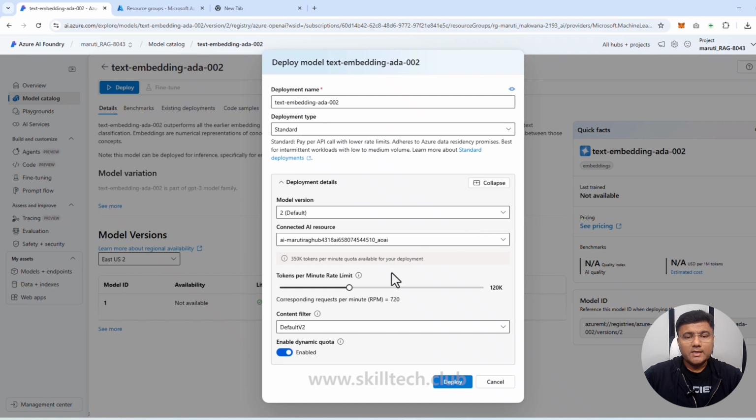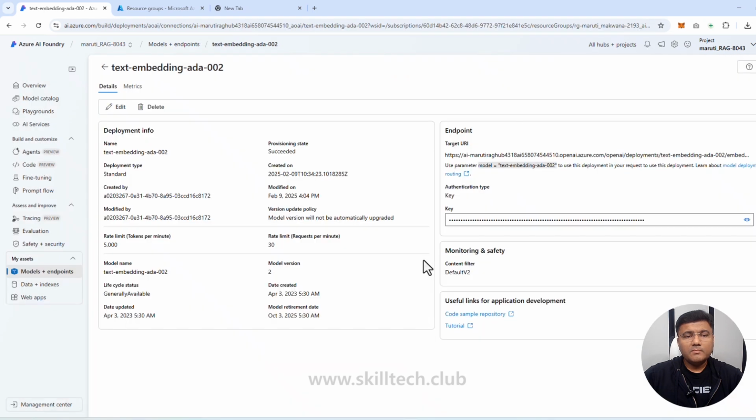I want to click on customize, and the only thing which I'm going to change is my token rate limit, which I'm going to set to 5,000, and the dynamic quota I do not want, so I'm going to disable that. Everything else is fine. This is going to my service. I'm going to click on deploy. Yes, this model deployment has succeeded, which is great. And if that is true, we'll go back